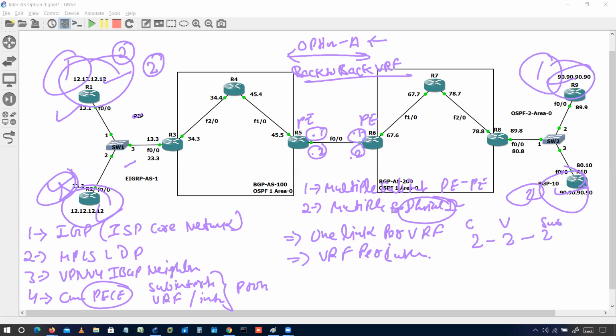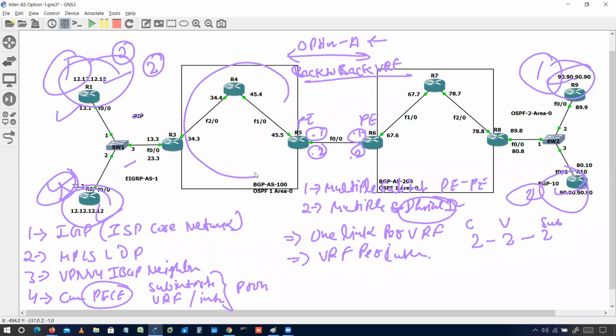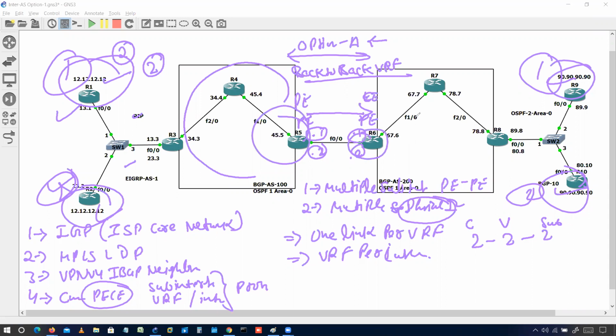Now, once we configure this solution, we will assume this is my customer and I'm the provider edge. So this ASBR will treat that as a CE device, this router, and same here, this ASBR will treat that as a CE device.